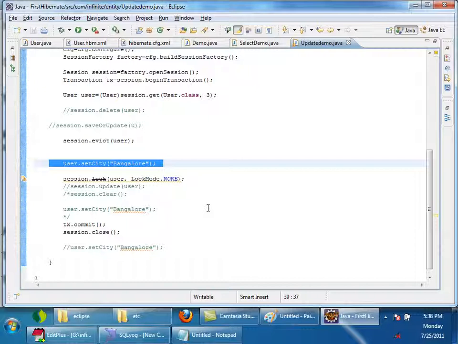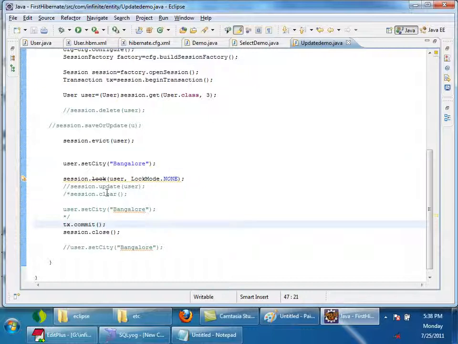If you don't commit, then nothing will go to the database. It will be there in the memory, but will not go to the database. So in lock, even if you commit, a change made before locking it will not be propagated to the database. Okay.